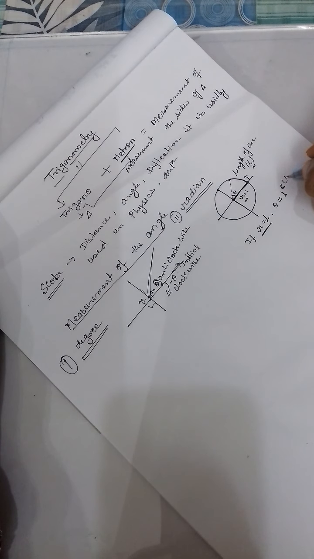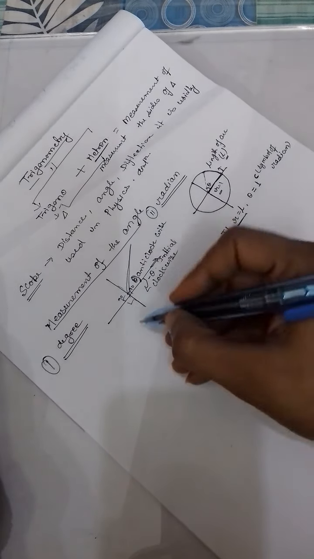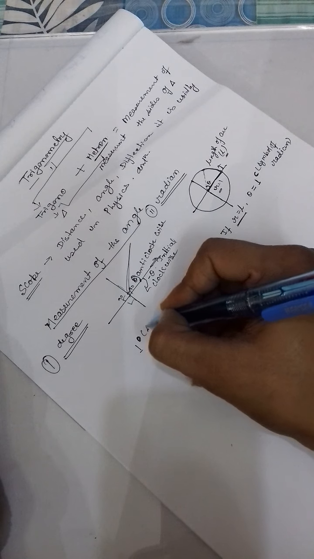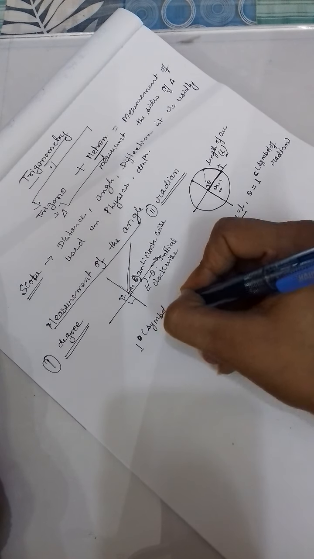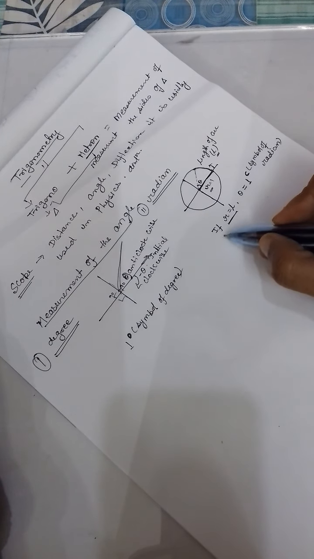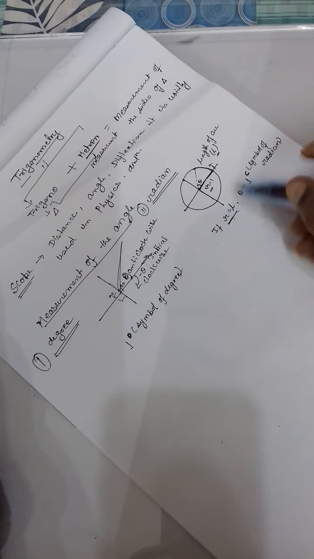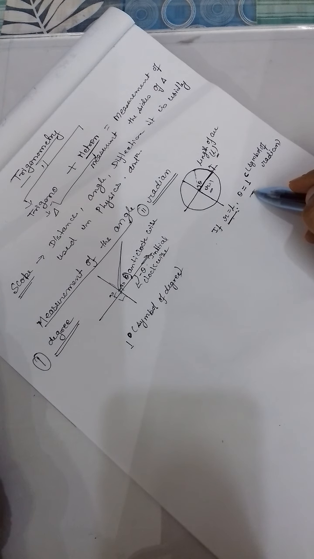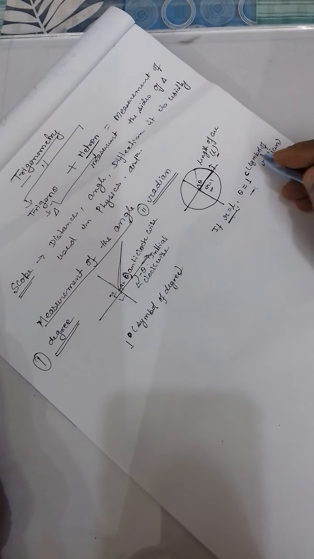This c is the symbol of radian. Okay, students, this is the symbol of radian. As we know, this is the symbol or representative of degree. So what we see here is, if r is equal to L, meaning the radius of the circle is equal to the length of the arc traced by the radius on the curve of the circle, then its radian measurement theta is equal to 1 radian.